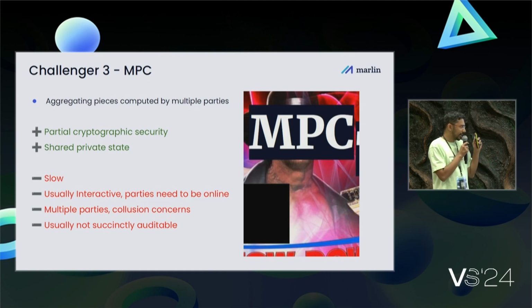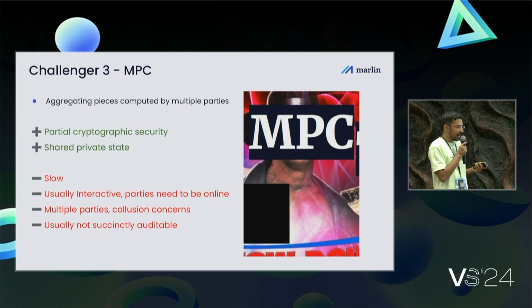It's usually also interactive, which means that the parties in your MPC network need to be online and usually interact with each other in order to actually do the MPC, right? And given that, you actually need to have multiple parties in the first place to do it. There are concerns around collusion of the parties and how they can break your MPC protocol,